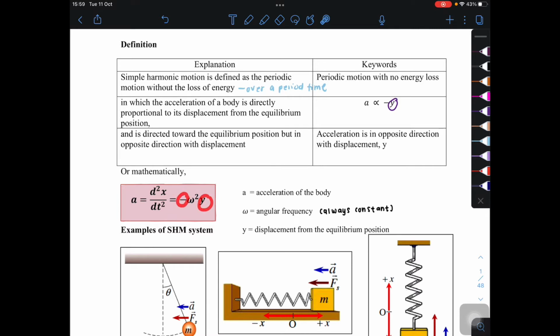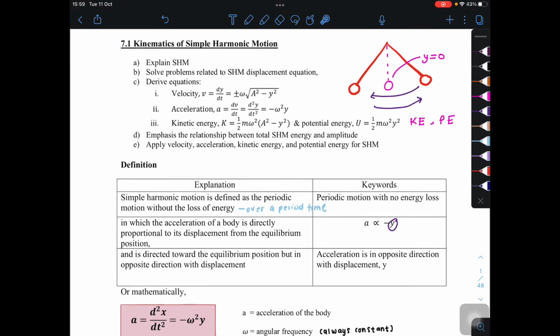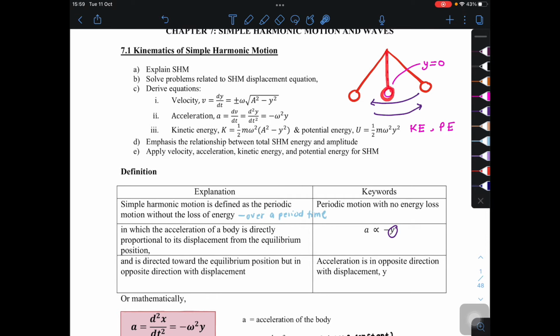Okay, negative to indicate the opposite direction. Omega here is the angular frequency, atau nama lain yang kita gunakan before this, angular velocity, which is always constant. Okay, angular frequency always constant. And then times with the displacement lah. Displacement adalah displacement from equilibrium position. Okay, equilibrium position dia adalah dekat tengah sini ataupun dekat mana-mana lah yang di mana there is no force acting